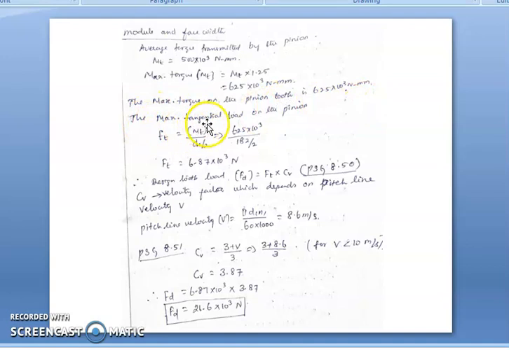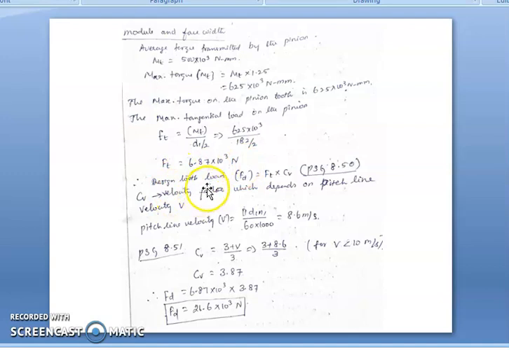The maximum tangential load on the pinion can be calculated using the relation that torque is equal to force into distance. So the tangential force of the gear can be calculated by MT by the distance. Here the general formula is T is equal to force into distance. From this, the force is equal to torque by the distance. So by using this, we can predict the tangential force.